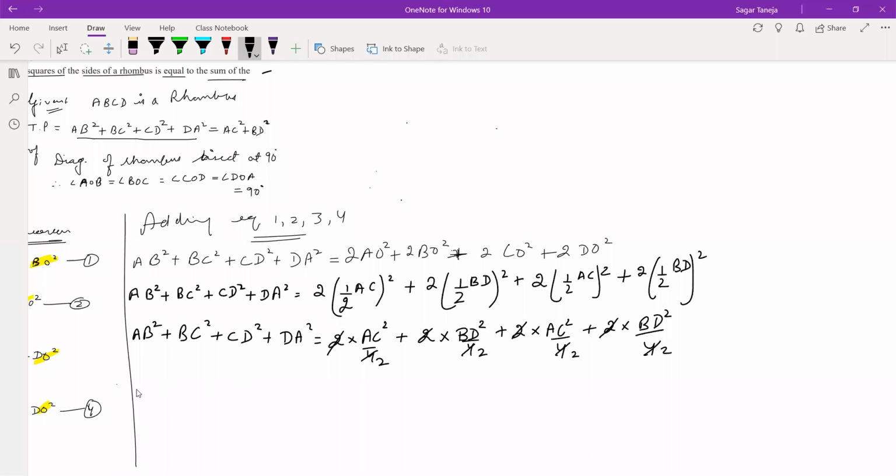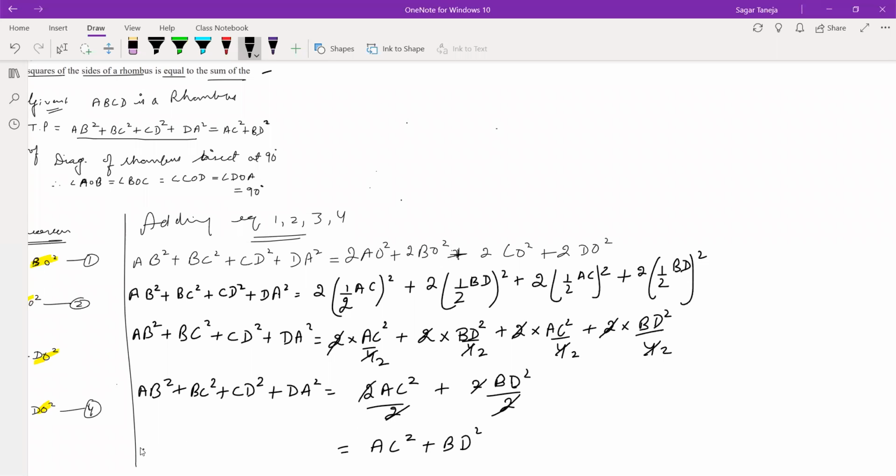This is all done. Now AB square plus BC square plus CD square plus DA square is equal to AC square by 2 plus AC square by 2, that will be 2 AC square by 2, then BD square by 2 plus BD square by 2, that will be 2 BD square by 2. As it is repeating 2 times, so 2 cancels out. And it is proved